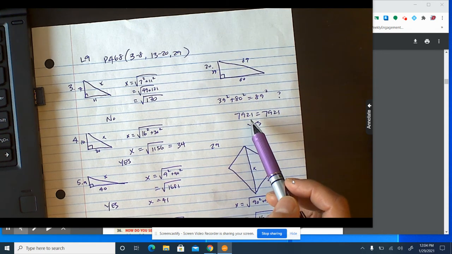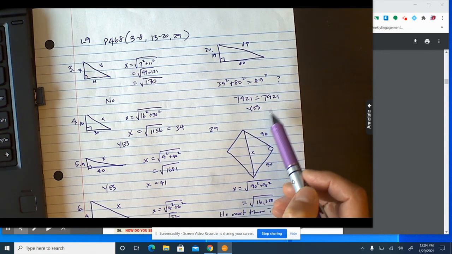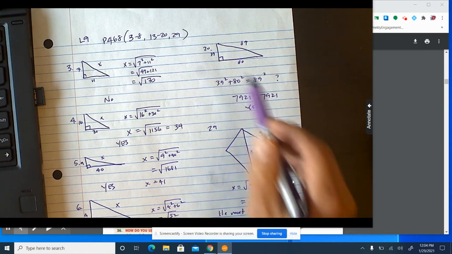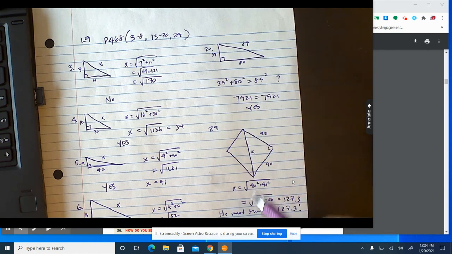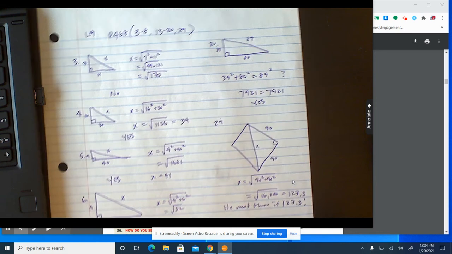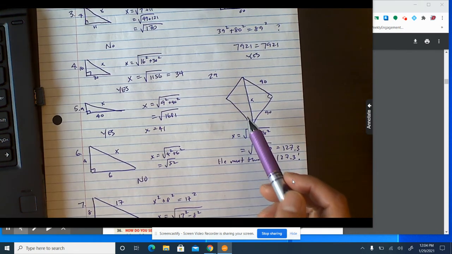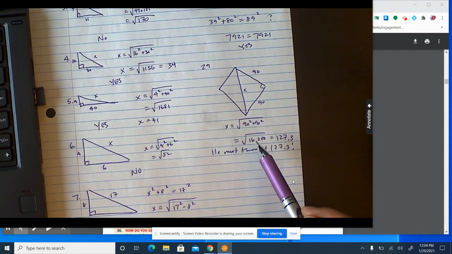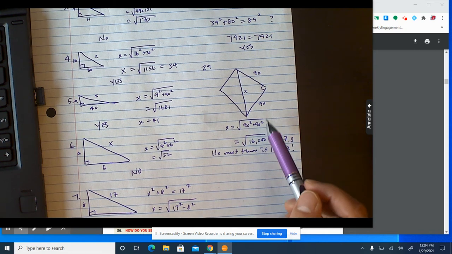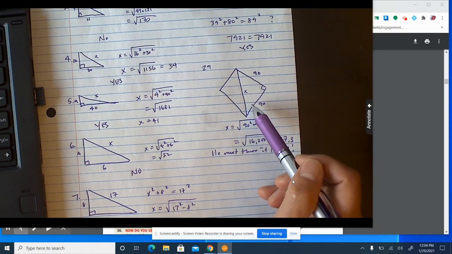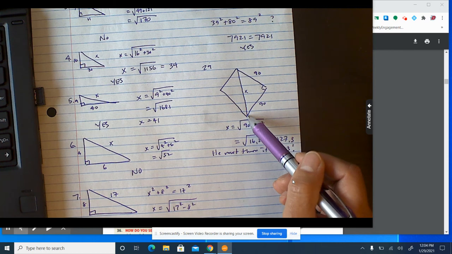While solving, you get 7921 equals 7921. So yes, we know it's a right triangle, so we can add in the little right angle. Okay. Here is number 29. So number 29, you have this baseball diamond, and it says, well, it's 90 feet from